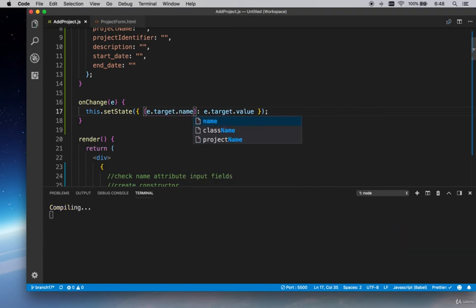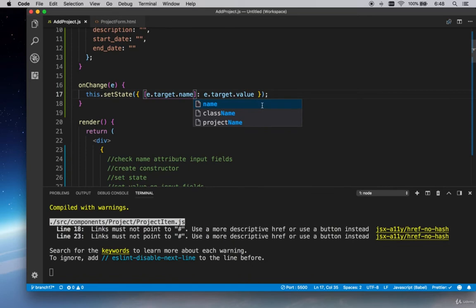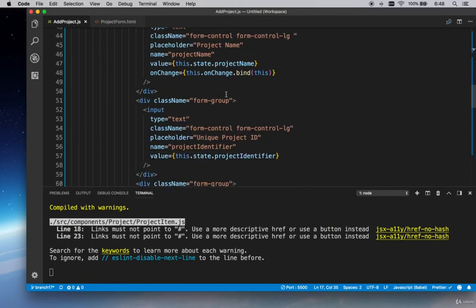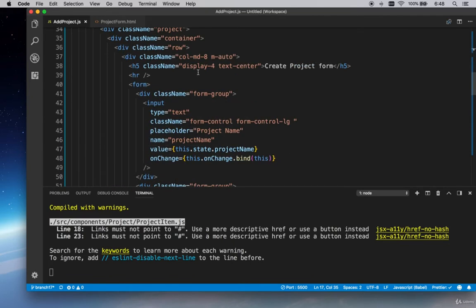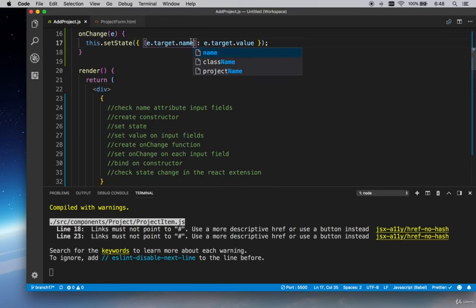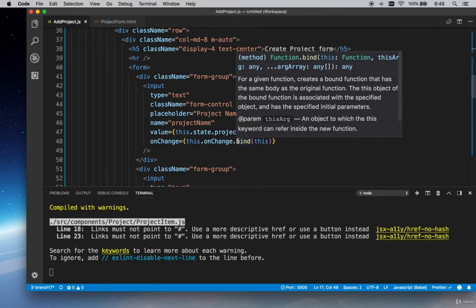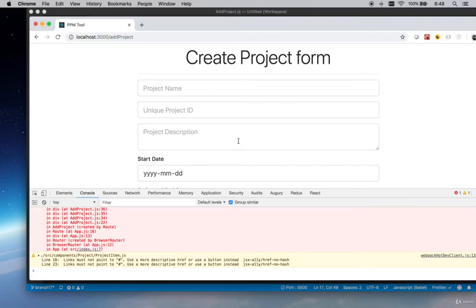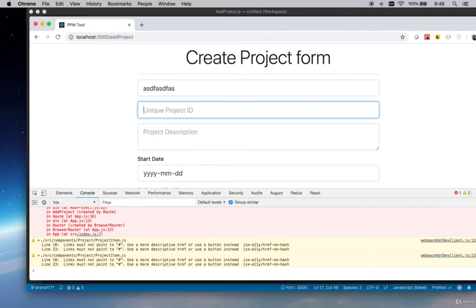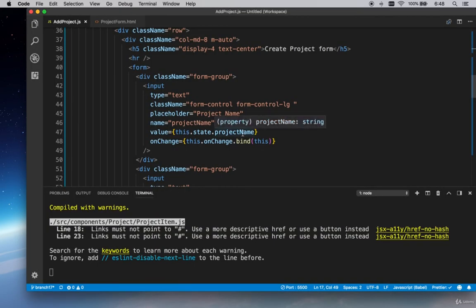And then what this is going to do is that this is not actually calling the name, this name here is actually saying on whatever name, take whatever value and set it to the state as a new state. All right. And then of course, you do have to then bind this to each one of the input fields. And if I save this, it works here. It doesn't work here. Because I still have to bind this to the other